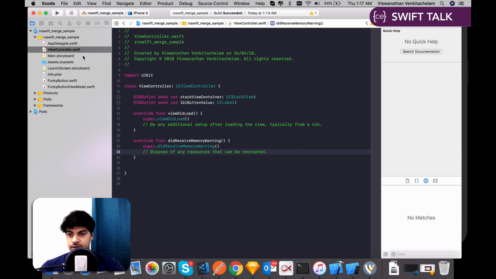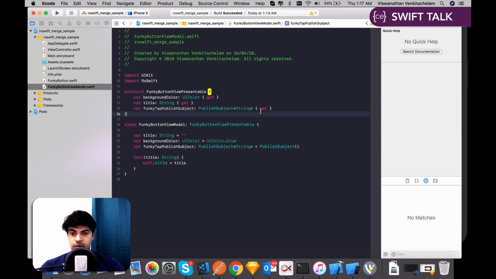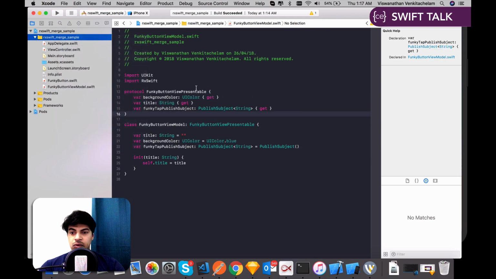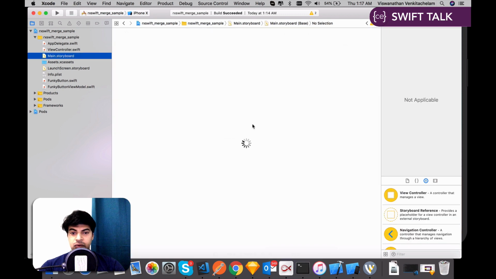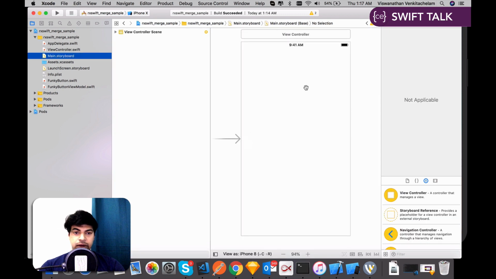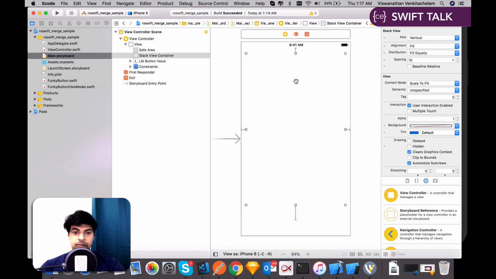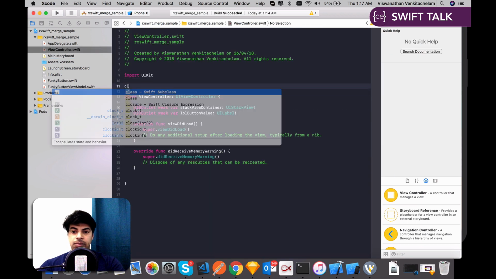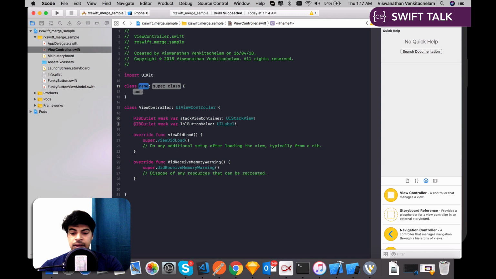for that let's go back to this view model. Let's create one more view model for the whole of this view. We need a view model where this array needs to be represented. So for that, let's create something. Maybe here itself I can create it. We call a class. I'll call it